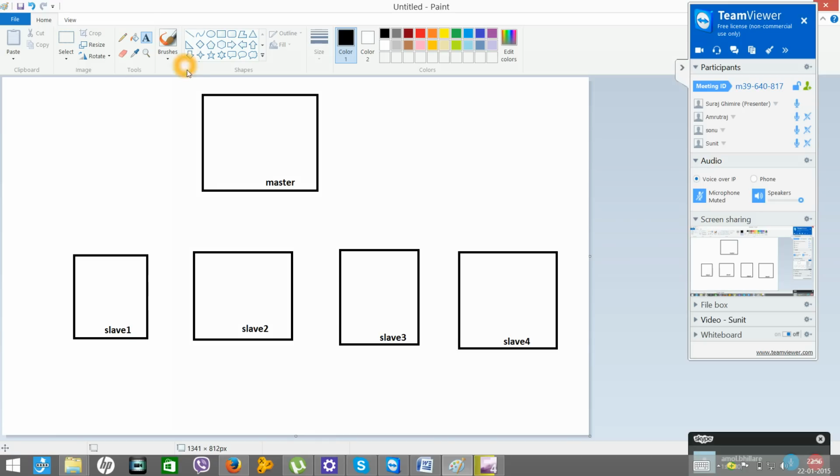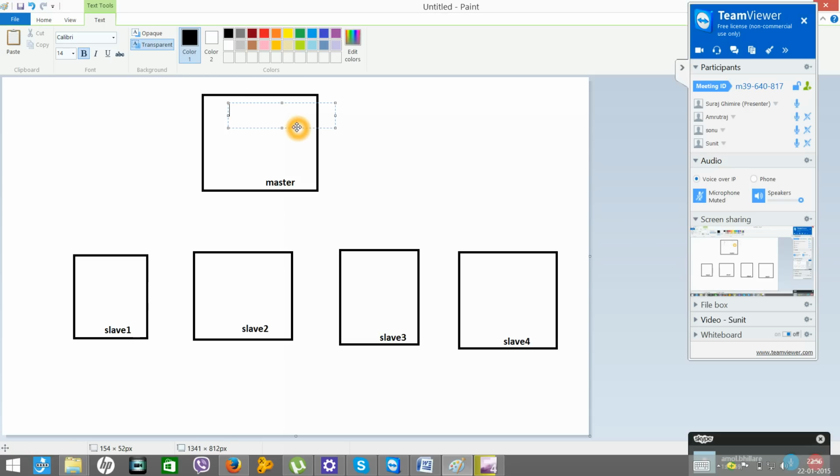Now what we will do is we will install Hadoop here, here, and everywhere, and we'll do some sort of configuration. That configuration will make this system a master, and the same configuration will make the other systems slave systems. Now in this master we'll have a program, we call it name node. Okay, name node is a process.